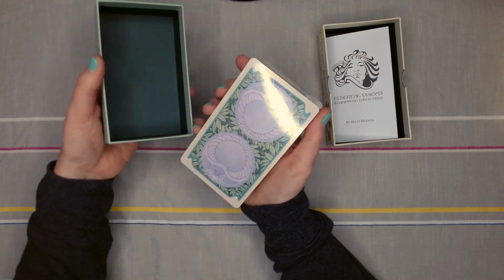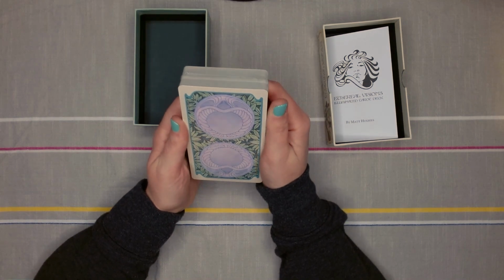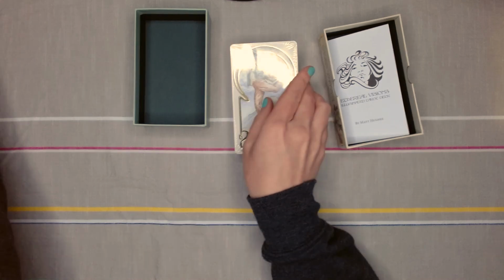Gotta get this out. Ooh, look at that back. It's very pretty. It feels very lush. Gotta get my